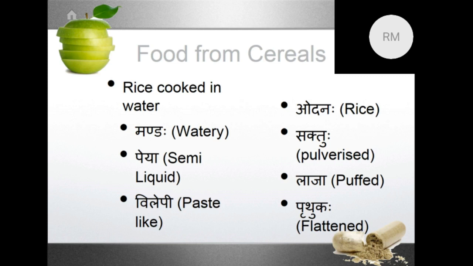So maybe I should ask here, how many of you use rice in all these forms? Okay, that's great to know. I think in Japan there's more use of rice than maybe in other parts of Europe. So Ayurveda gives you guidelines on the difference in the properties of all these different substances.